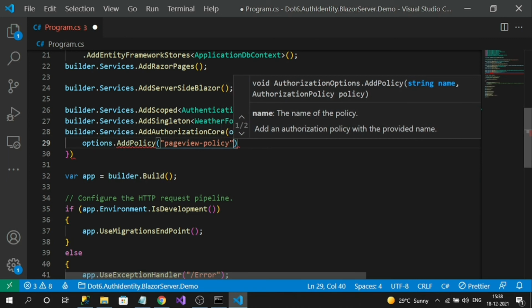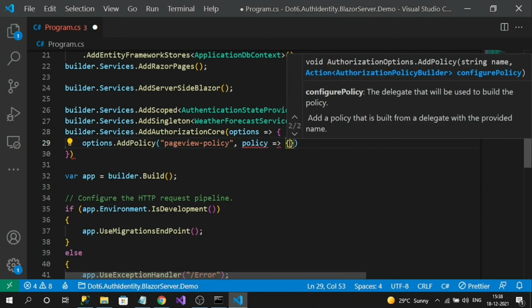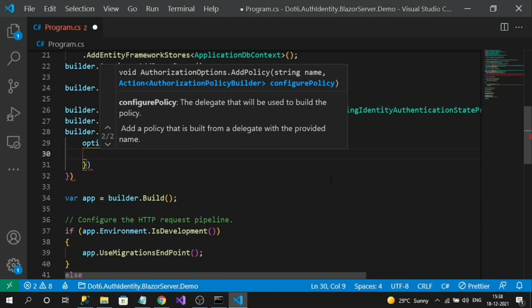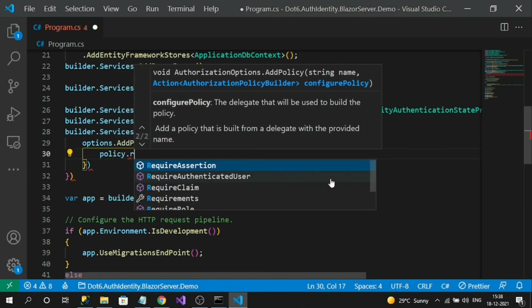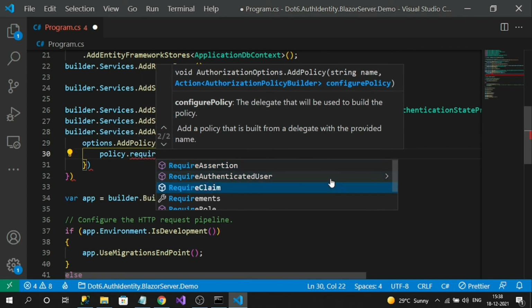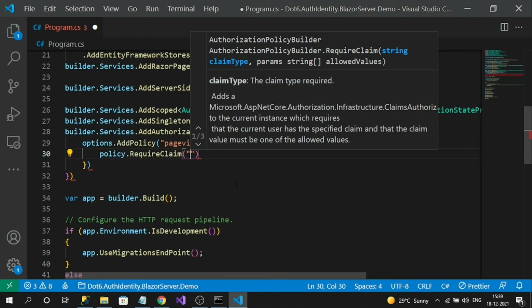Inside of the policy, I can add claims to my policy. RequireClaim. Here I have to pass the claim type and its values.